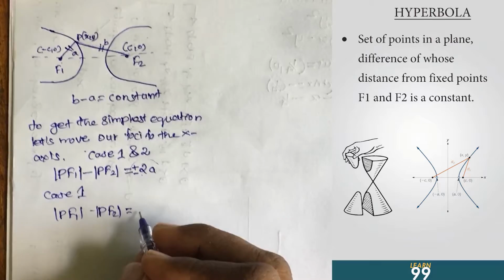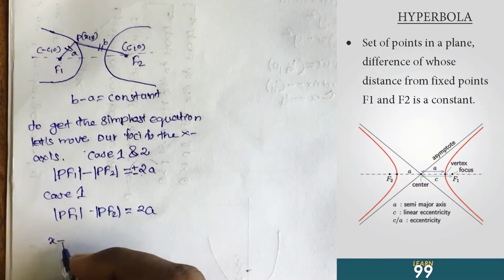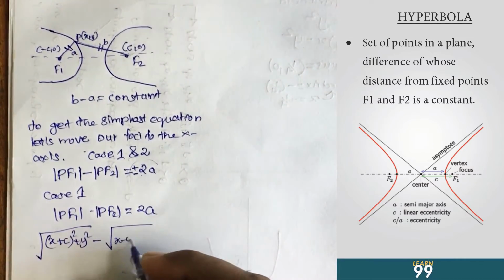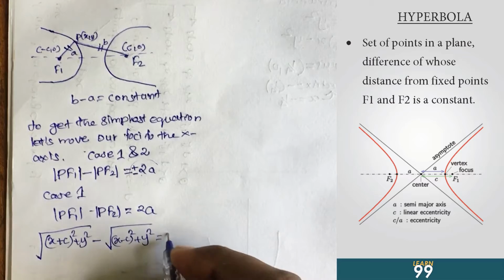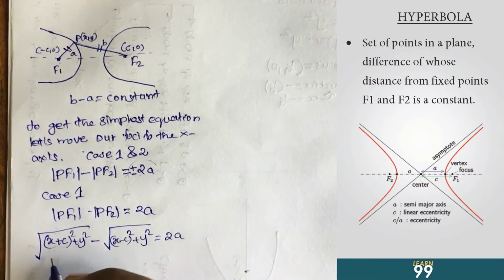I take that the length could be 2a or minus 2a. So first I take it as 2a, which means it's positive, and that means P F1 is greater than P F2. Okay, let's